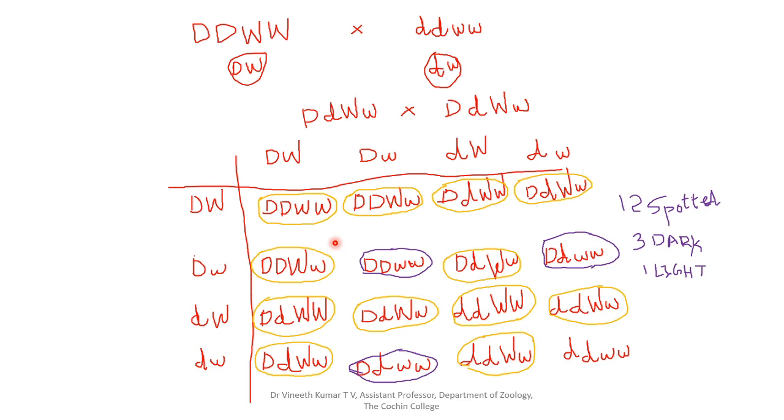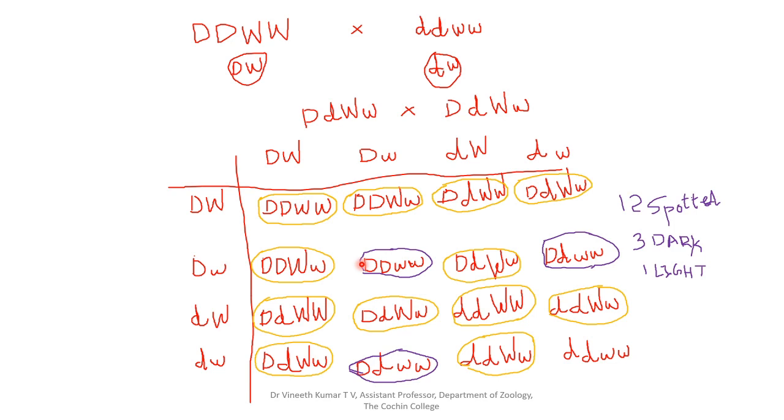It might be dark pink spots, or dark purple spots, or light purple spots that might not cause any significance, but the flower is white. That's why we have a ratio of 12. You have 12 here, and when you see this particular plant, you can see that they have small w and the presence of capital D. As a result, the flowers will show what is called the dark purple